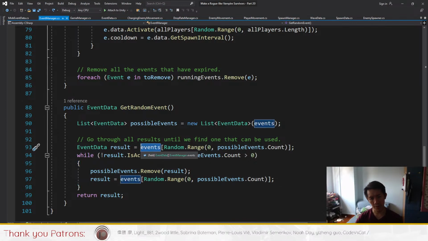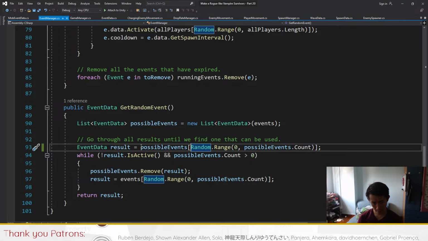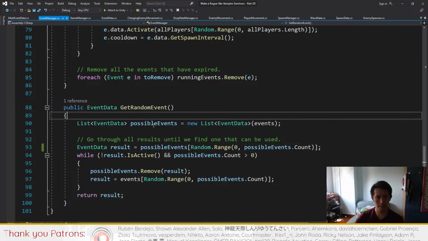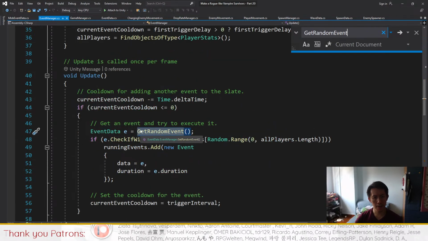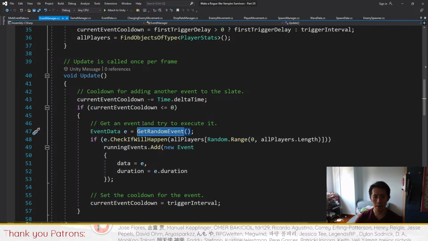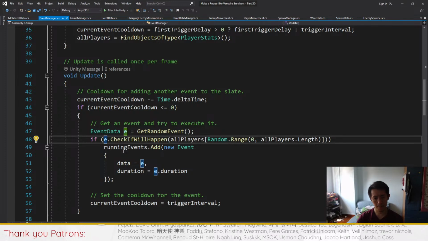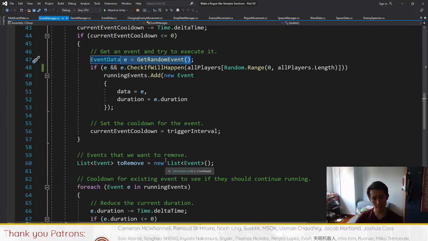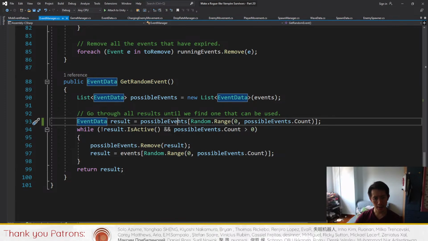This should be possible events, my bad. Possible events. Get random event. So here I'm just making a few modifications to prevent bugs from happening, and I